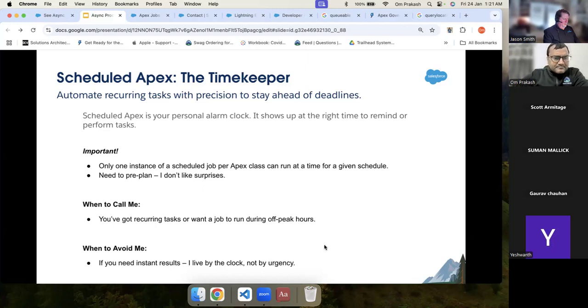And if you need an instant result, then of course there is no concept of async. We already have the sync process. Maybe you need to click a button to send the email, or click a button to call the method and delete the file, right? So it's not for the instant one, it's for the scheduled one. Okay,